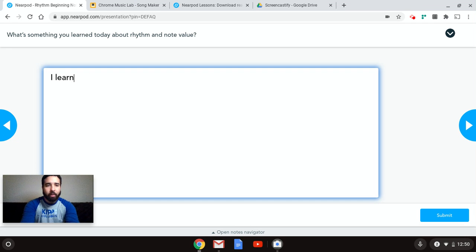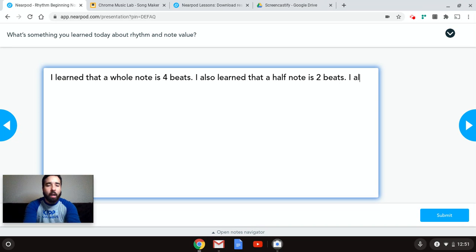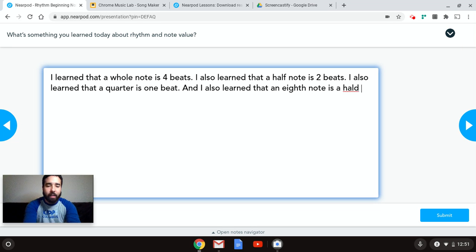I learned that a whole note is 4 beats. I also learned that a half note is 2 beats. I also learned that a quarter note is 1 beat, and I also learned that an eighth note is half a beat. All right, you don't have to put also, but it could have been any of those that